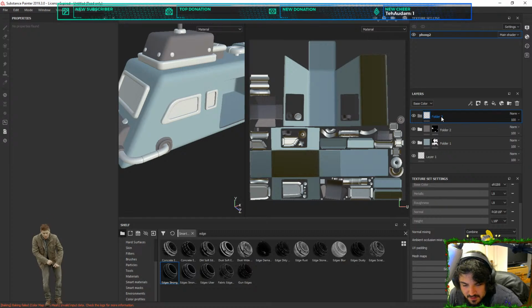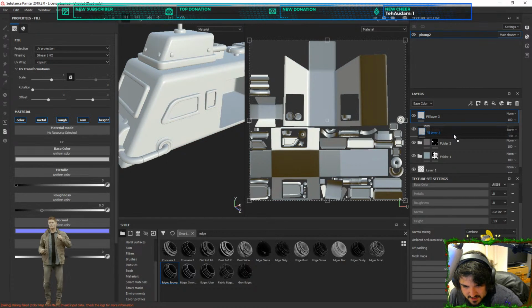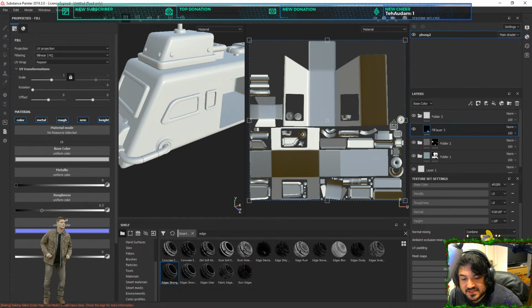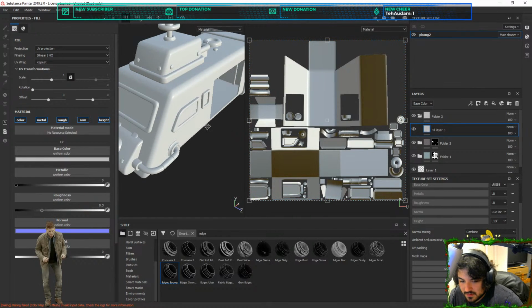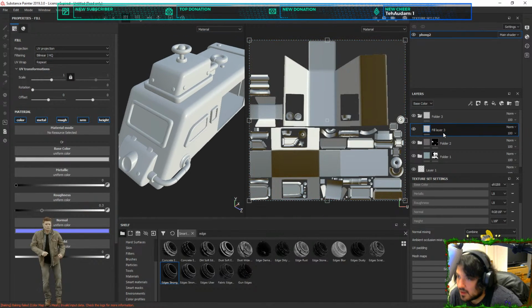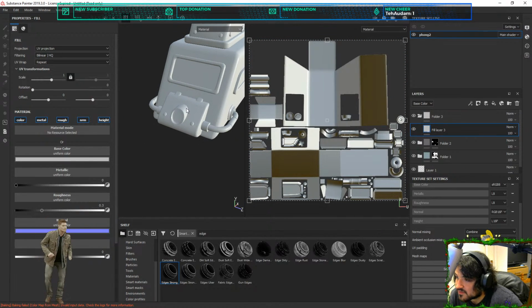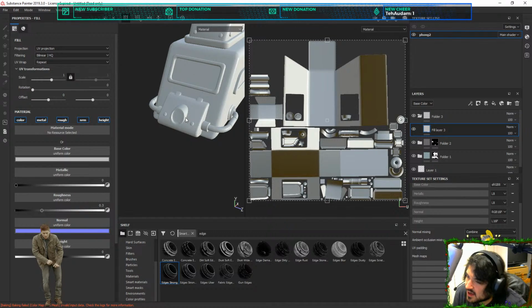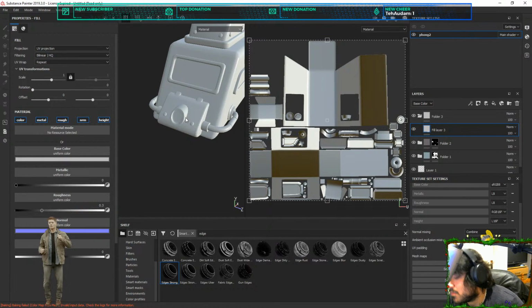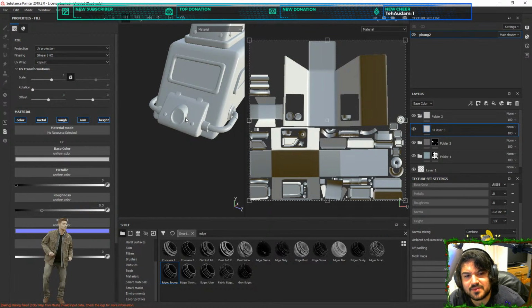Next folder. Color. Maybe I'll quickly close and reopen and see if that helps. We've got red bits. This part actually glows. So that'd be interesting. I'll probably just use an emissive map for that, right? I feel like that'd be the best bet.